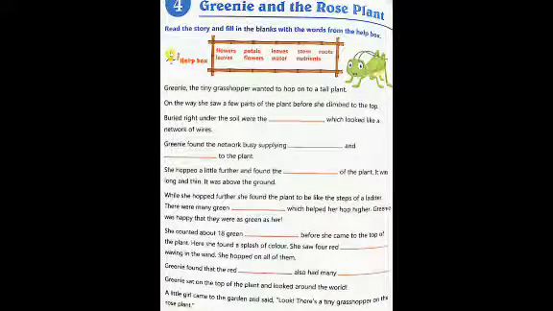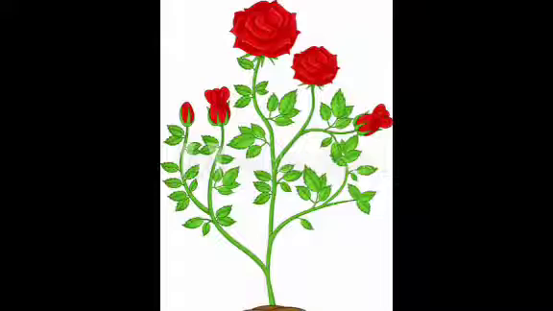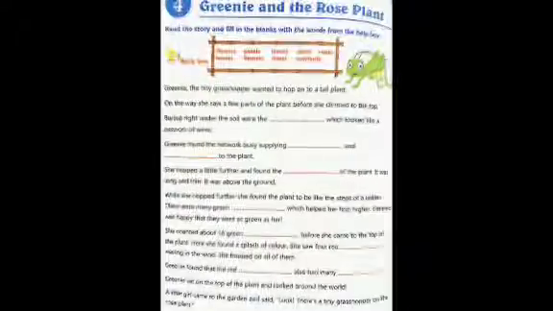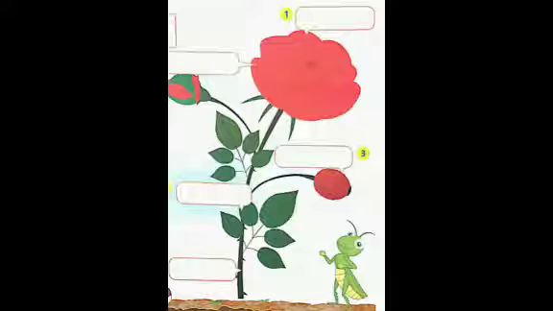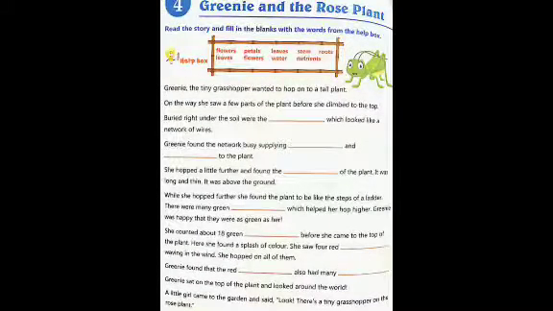She found a splash of color. She saw 4 red blank spaces waving in the wind. Waving in the wind means they're shaking in it. Okay. She hopped on all of them. Then Greenie found the red blank space also had many blank spaces. Okay, Greenie found the red color. What is that? We have to fill it in.